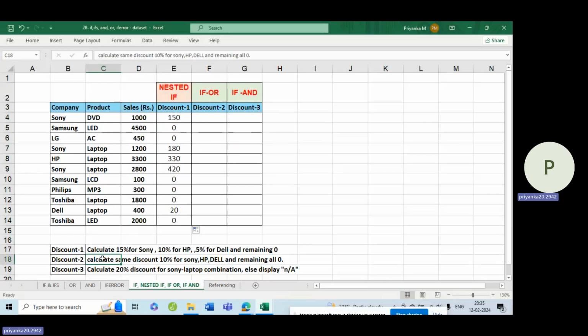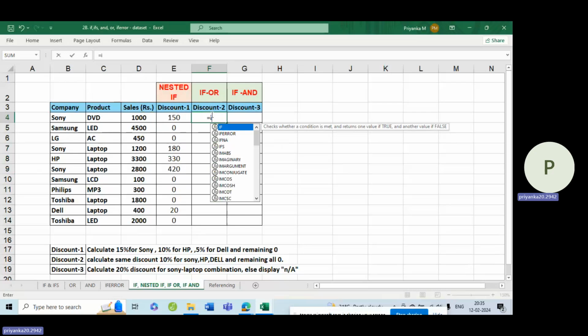So what they are saying is you're going to provide the same discount of 10% if it is either Sony or HP or Dell, whatever, okay, of these three brands, you're just going to give 10%. And for the other brands, you're going to give zero. Okay, so what function we can use here is, if any one of these three conditions is satisfied, it comes under your OR value. Okay, so equal to, IF